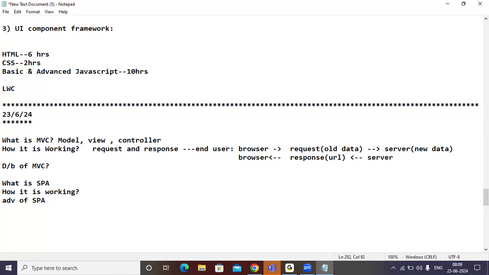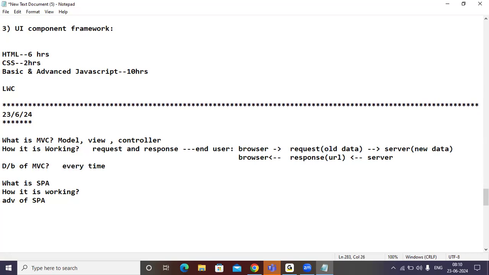From the server. So here what happens every time: the entire page gets reloaded. We are getting the response from the server in the form of a URL. The entire page getting refreshed, the entire page getting reloaded. Point clear? So because of this, what happens? The traffic increases.